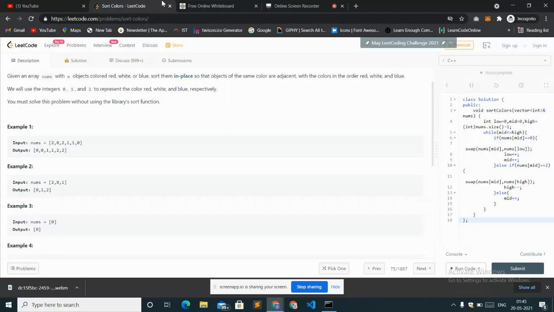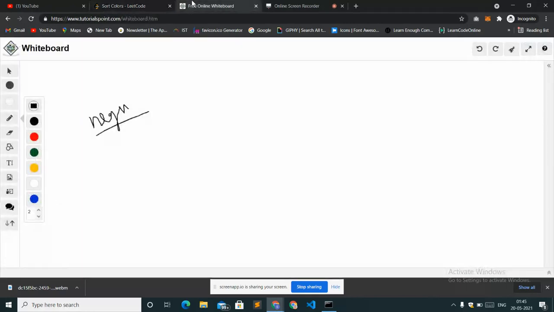Okay, let's see. The first approach is that, as we know there are only 3 elements in the array, first of all we can count the number of zeros present in the array, then count the number of ones, then count the number of twos.